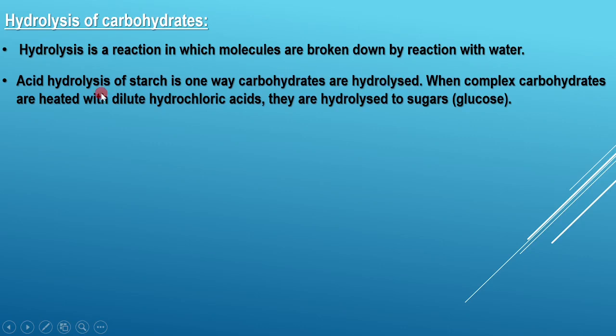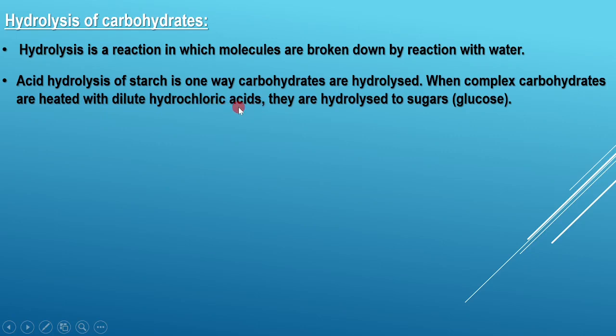So we are saying when complex carbohydrates are heated with dilute hydrochloric acid, they are hydrolyzed to sugars, meaning that when complex carbohydrates or large carbohydrates such as starch or cellulose are hydrolyzed with dilute hydrochloric acid,